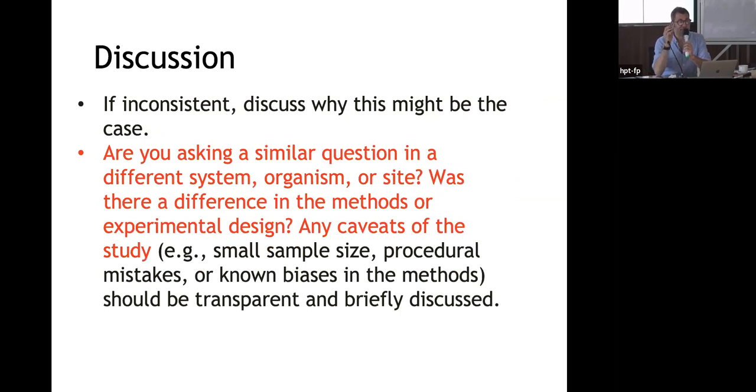If there are inconsistencies, if your results are different to what has been done in the past, then you can explain this by asking yourself a number of questions. Perhaps these inconsistencies or this difference could be attributed to the fact that you are working with a different organism, or in a different geographical context, or in a different period of time. Or perhaps the other authors use other methodologies. So you are using a different methodology. So you should explain these things.